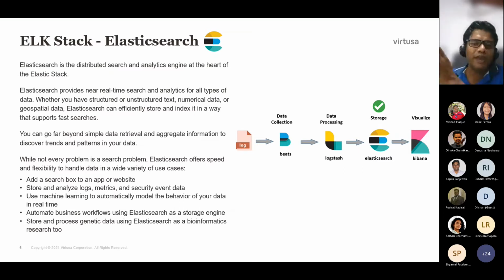We can do many more things, and I think 3,000 plus companies, if you search on Google, use it. Even Facebook is using Elasticsearch for their search functionalities.